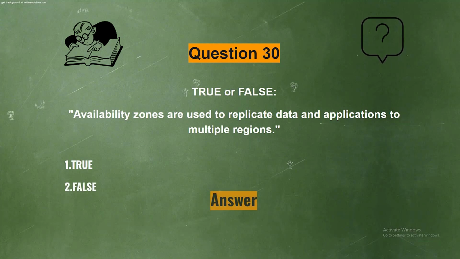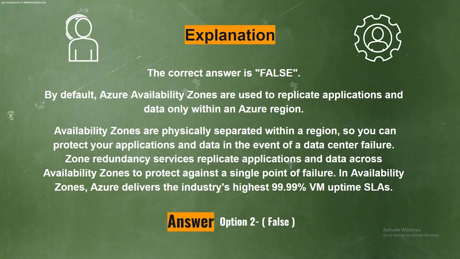And the correct answer is option 2, false. Explanation. The correct answer is false. By default, Azure availability zones are used to replicate applications and data only within an Azure region. Availability zones are physically separated within a region, so you can protect your applications and data in the event of a data center failure. Zone redundancy services replicate applications and data across availability zones to protect against a single point